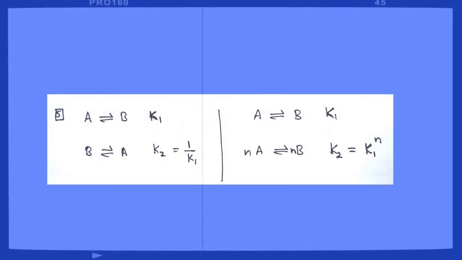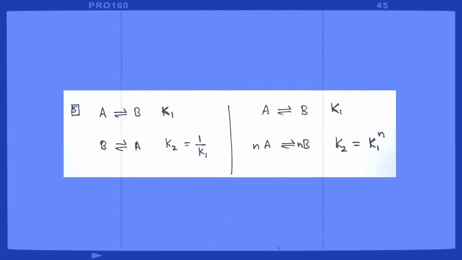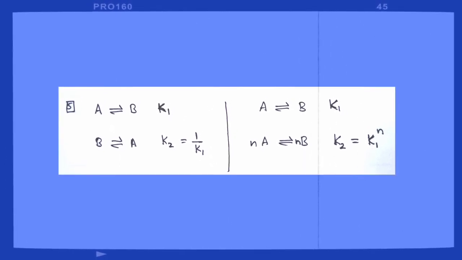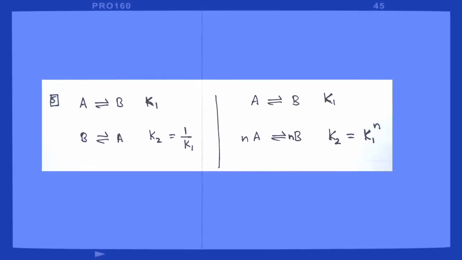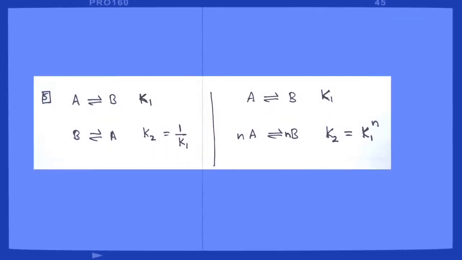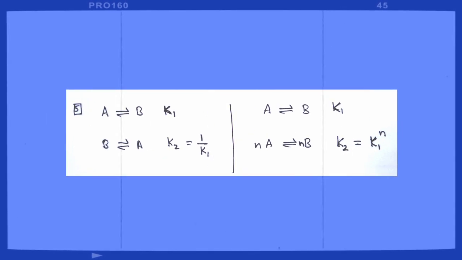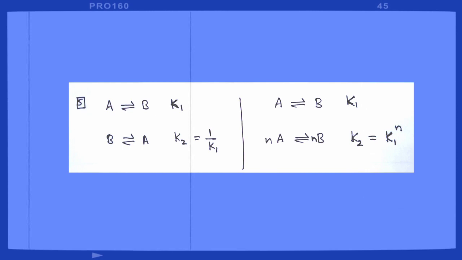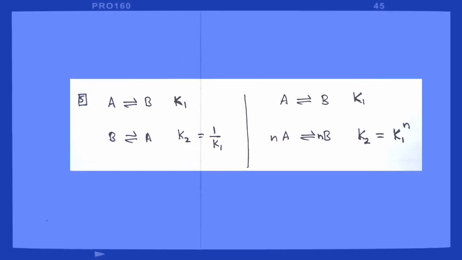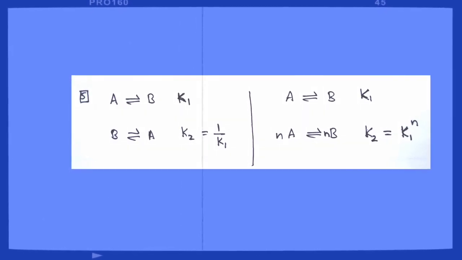Fifth point. Here we will find that by changing the details of the equation, equilibrium constant also changes. In the first part, A gives rise to B, K1; B gives rise to A, reciprocal of K1. And in second part, it is multiplied